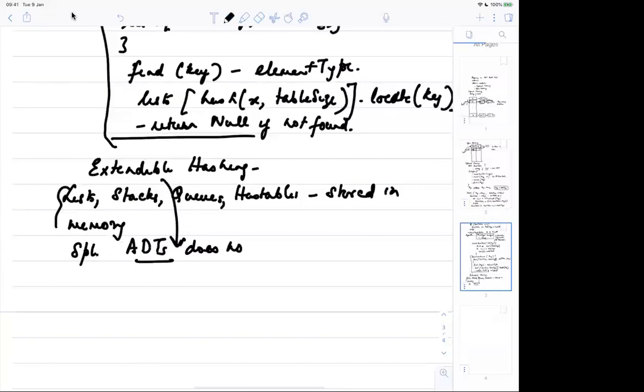We'll talk about this after doing trees, because there's something called a B tree, which is like an extendable hash function used in databases quite extensively. Okay, so we